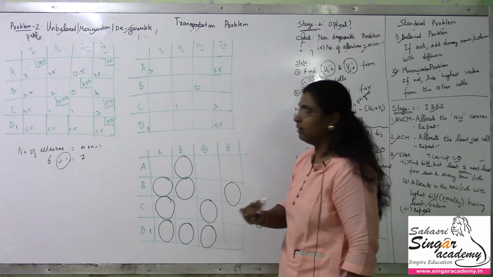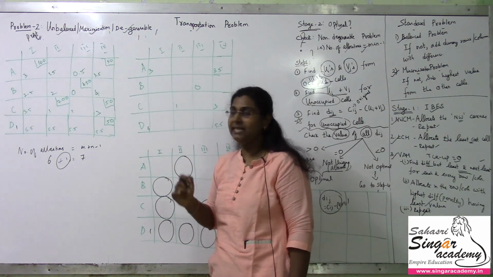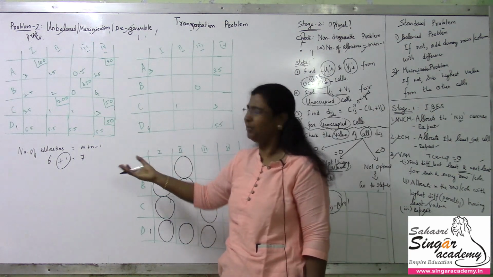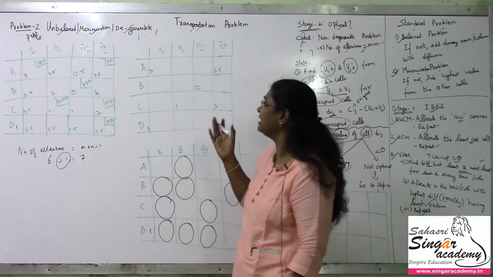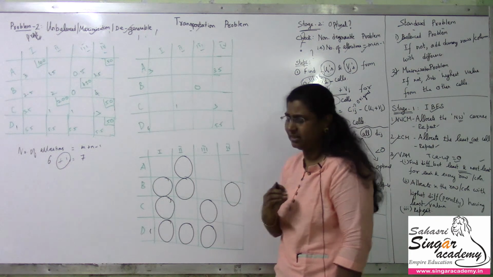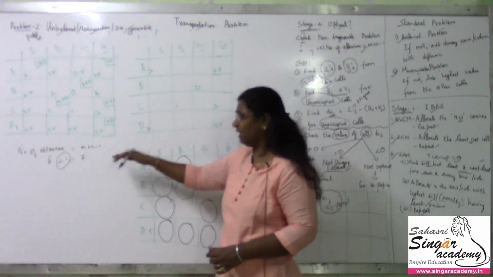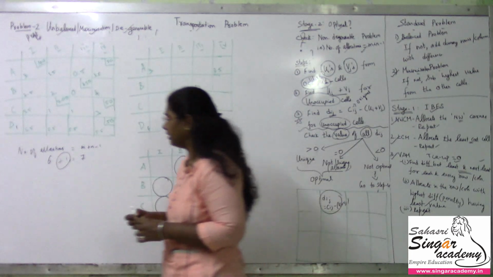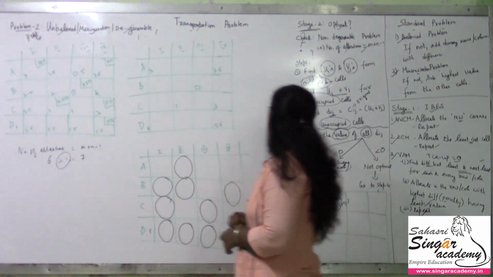Before checking degeneracy, why not just work it out as it is? Why should I be in a hurry to convert it to non-degenerate? We'll just continue with the steps and see what happens here, then come back to the next point. Okay, I'll go into the discussion. So let me go for the steps.